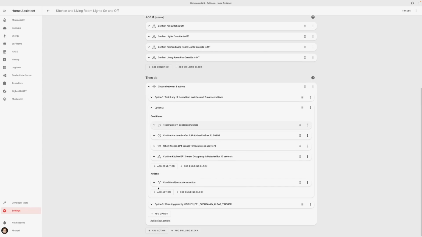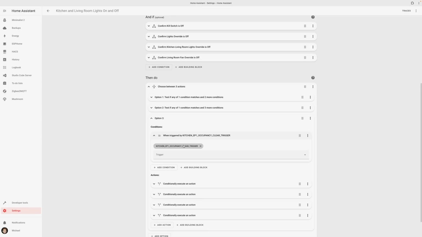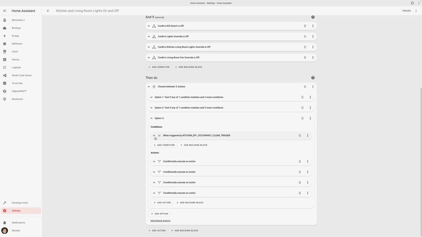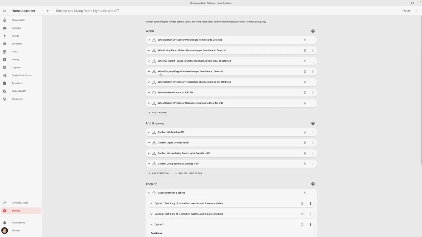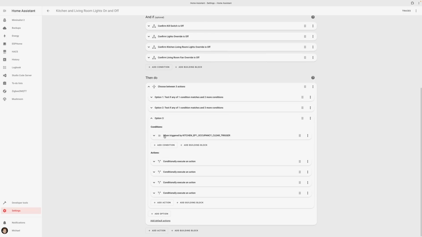Now let's hop down to the third option here. This one is going to be about turning everything off, turning lights off and turning the ceiling fan off. So in this case, it's triggered by when there is no occupancy detected in that space. So when no one's been in that space, and up here I define that as 5 minutes. So here's a trigger. When no one's detected in that space for 5 minutes, when that is the trigger, then